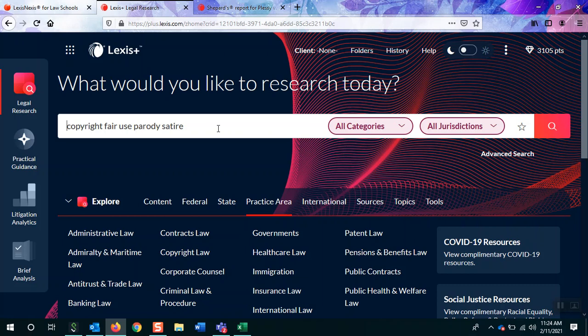And because I didn't put any connectors between each of my terms, Lexis will try to find my terms mentioned as many times as possible, but not each of my terms may be in each result. So just like Google, I'm going to find some results that don't have the words parody and satire in them. If I want to force Lexis to have all of my terms in,